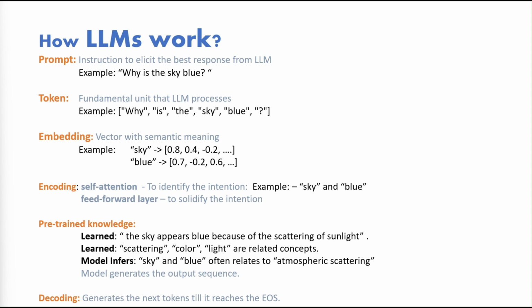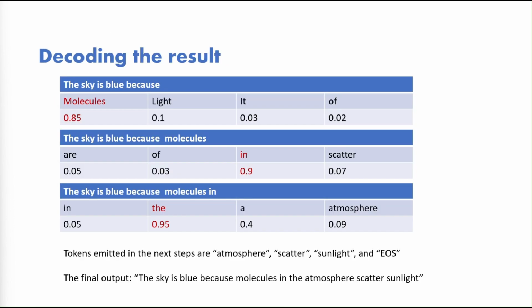When you send the prompt, "Why is the sky blue?" the probability of each word or token in the vocabulary gets changed. The LLM starts giving the answer, one token at a time. It starts emitting the tokens such as: the sky is blue because. Let us pick up from here. Now the cumulative tokens emitted so far is: the sky is blue because. See how the probabilities get changed at each step? In this step, the token "molecules" got the highest probability and it gets emitted.